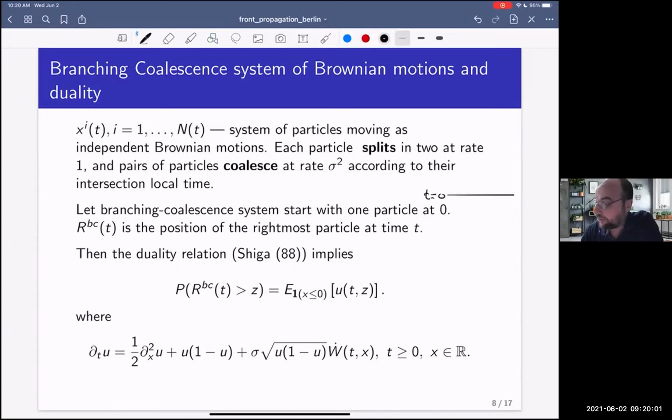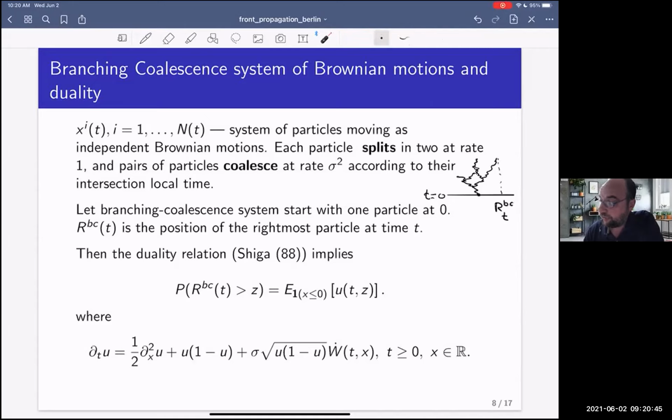So we have something like this. You have time 0. Suppose you start with one particle, it splits, it splits again. But at a certain point, the particles come close together, spend some time, and with the rate of the intersection local time between the motions, they coalesce. So it's possible that in this scenario two particles coalesce at 1. And we look at the position of the rightmost particle in this branching coalescence system, call it R_t^BC at time t,